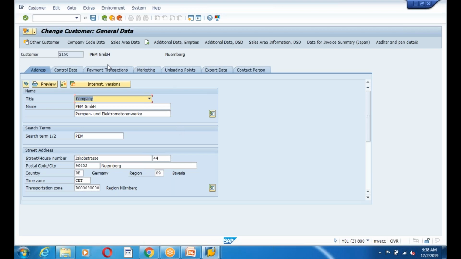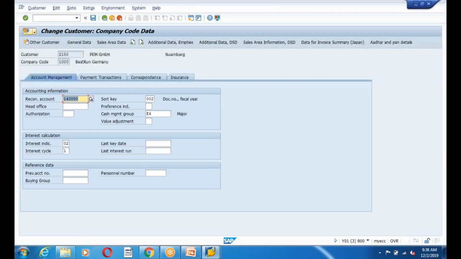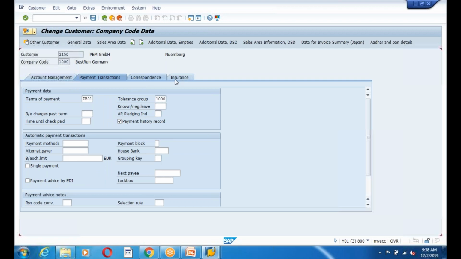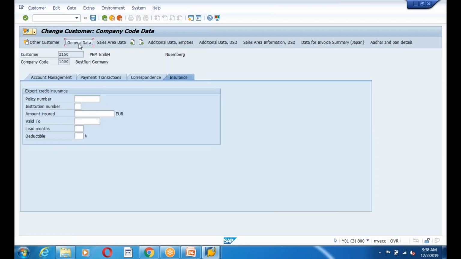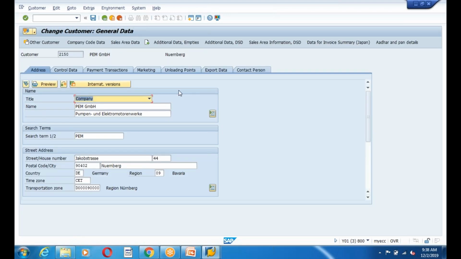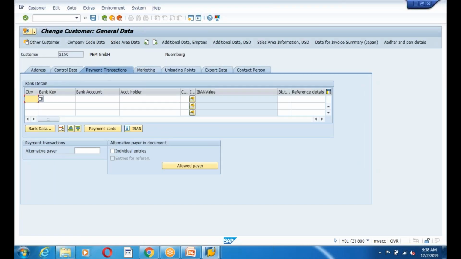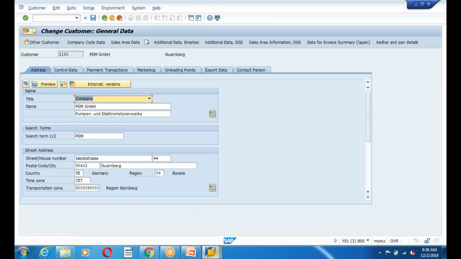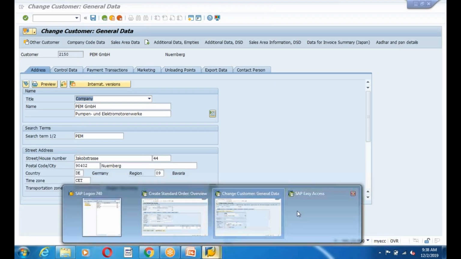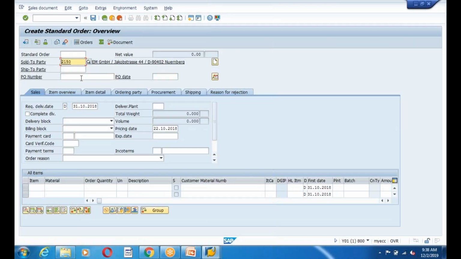The bank details will be stored in the payment transactions, under control data. What is the country of this customer? Germany, I think.